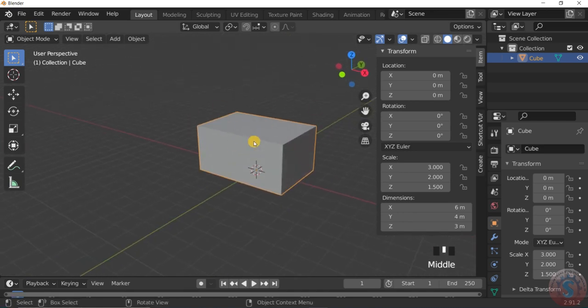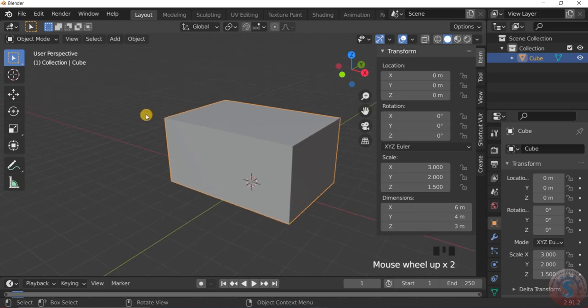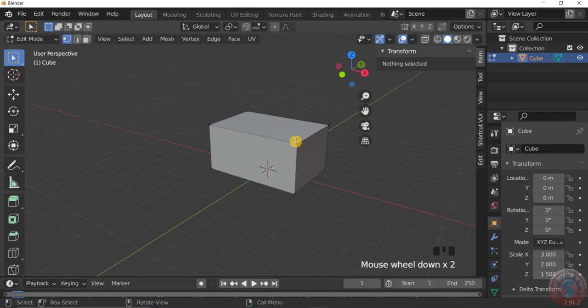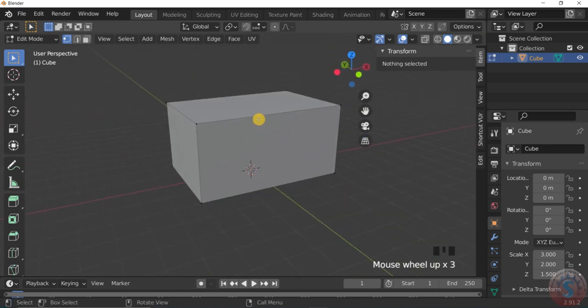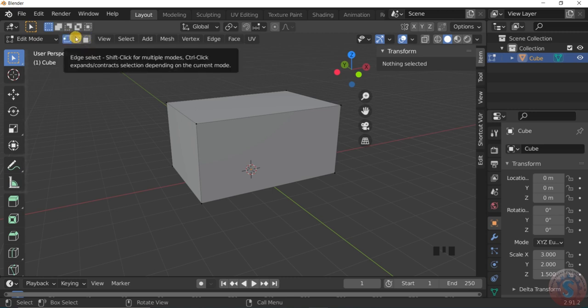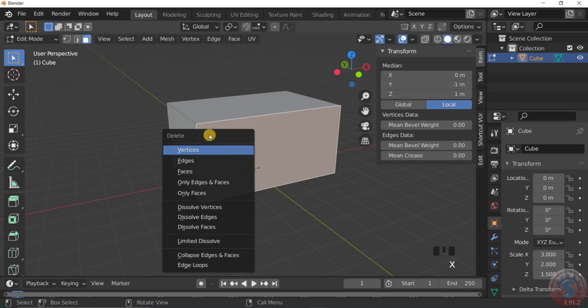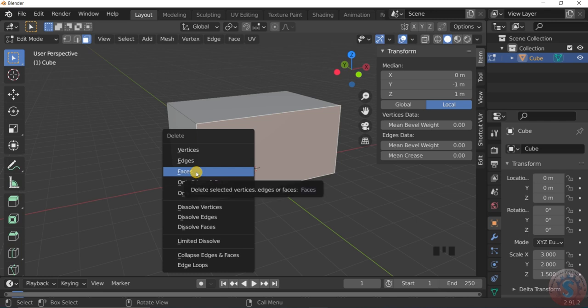windows. Next, this is the one view cube, and I want to go from object mode to edit mode by selecting the cube and going into edit mode here. After selecting edit mode, here you can observe the vertex, the edge and the face. Select the face option, select this face and click the X key or Delete key. You can observe the faces after pressing Delete or X key.